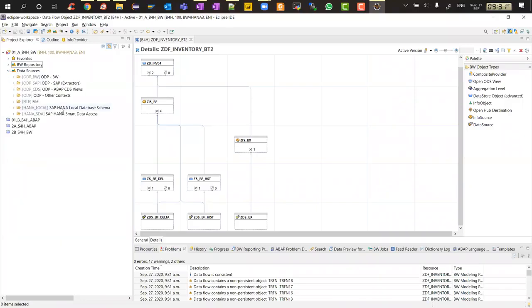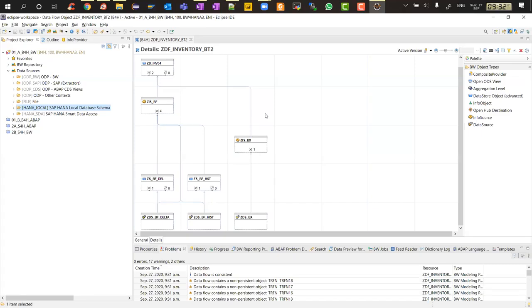Why do we need that info source? Directly we can connect the ZDS_BX directly to the ADSO, right? Yes, we can. But again, see, an info source is recommended because if there are fields, and you want to connect to an info object, and that info object's attributes you want to connect to your target. Say, for example, the target has 3 info objects which are not there in your data source directly, but they are there as part of a navigation attribute of an info object which is there in your data source field. So you just connect the field to the info object, and from the info object you can access the navigation attributes and populate the ADSO. That's why an info source is recommended